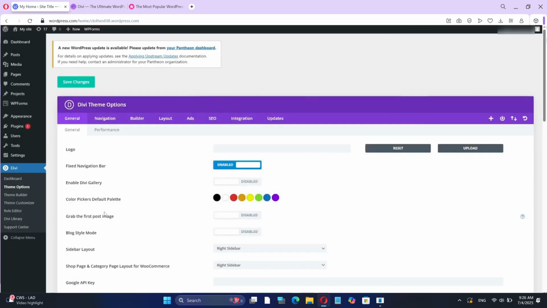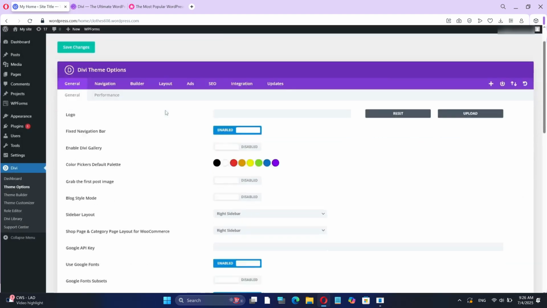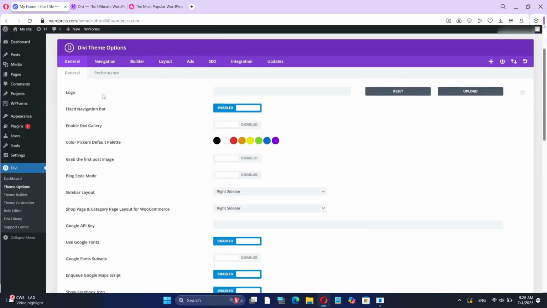To update your site's general appearance, like your logo or global colors, go to the Divi tab in the dashboard and click on Theme Options. You can upload your logo, change the default color palette, and set other basic settings. You can also go to Theme Customizer to preview live changes like fonts, heading styles, button styles, and mobile menu